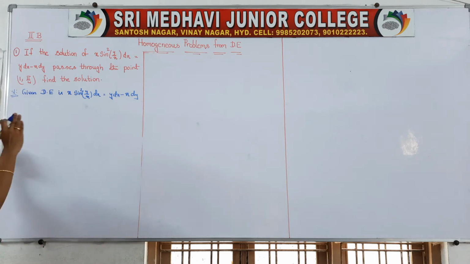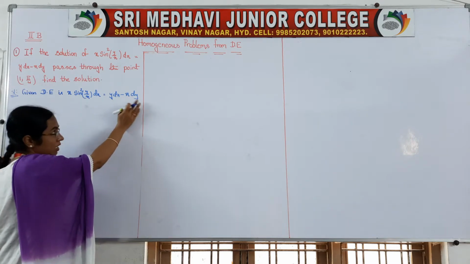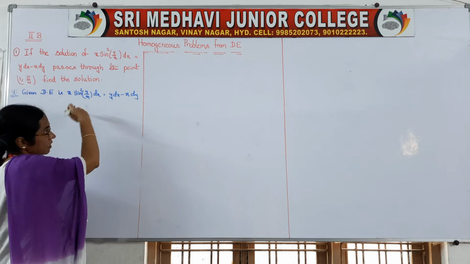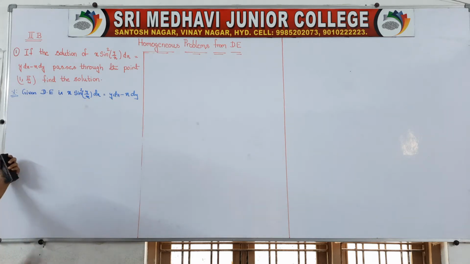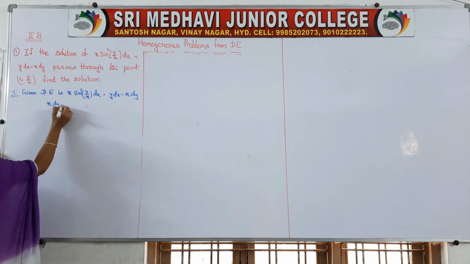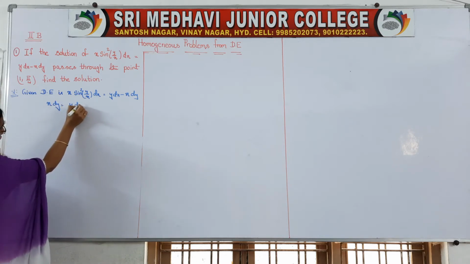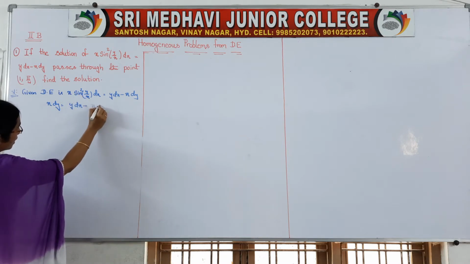The dy term has a negative sign, so bring that to this side and send the other value to that side, so that all the dx terms are on one side. So it is x dy is equal to y dx minus